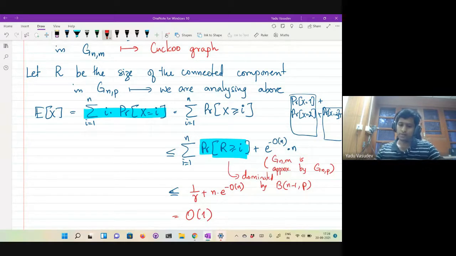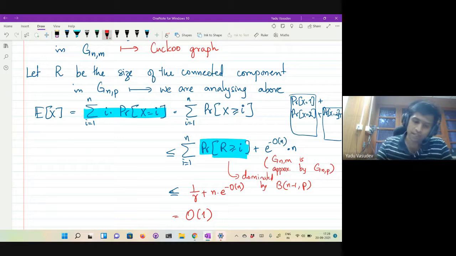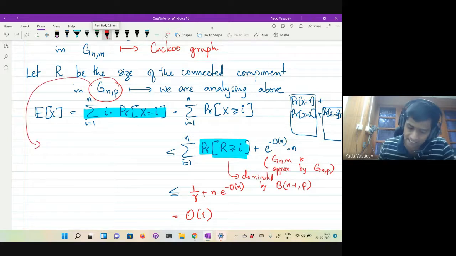So there are two levels of approximation, right? The first one says that instead of understanding this graph where the edges can be dependent, we study this graph generated from the Erdős-Rényi model and then bound the size of the connected component of the graph by using this branching process. Typically, there is a lot of work that goes into understanding these graphs. For instance, as p grows, if you sample a graph from G(n, p), then it is connected with high probability.